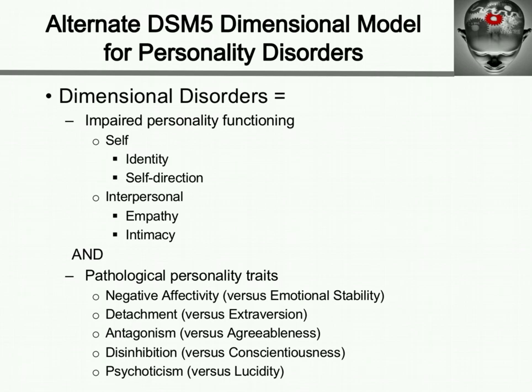Disinhibition is a pathological personality trait in which somebody has little control over their impulses. They tend to be one of those people that will try anything and do anything, which can be very disruptive. It sometimes results in disrespecting the rights of others. And we can contrast that with somebody who's conscientious, which was one of those Big Five traits that we just talked about, where they're very cognizant of rules and regulations and doing the right thing. So those first four, you can see how they are tied somewhat to Big Five personality traits. The last one's a little bit different.